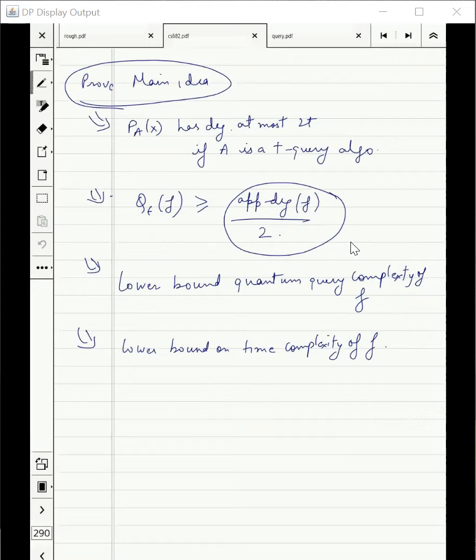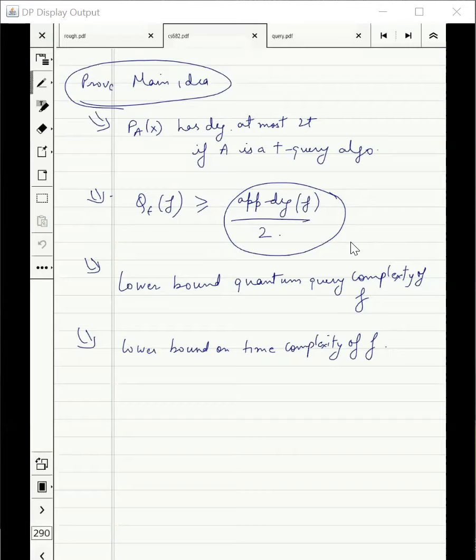So, sir, if we want to find the quantum query complexity of some function f, we would go and find the maximum degree of all the polynomials that approximate f, right? Not maximum, minimum. Minimum degree. I mean, Q epsilon f is greater than or equal to the approximate degree by 2, right? If some polynomial happens to approximate the function and it has a greater degree, then how can we deny that? No. Approximate degree is defined as the minimum degree, minimum over all polynomials which approximate. Got it. So we have to show that no approximating polynomial can have small T.